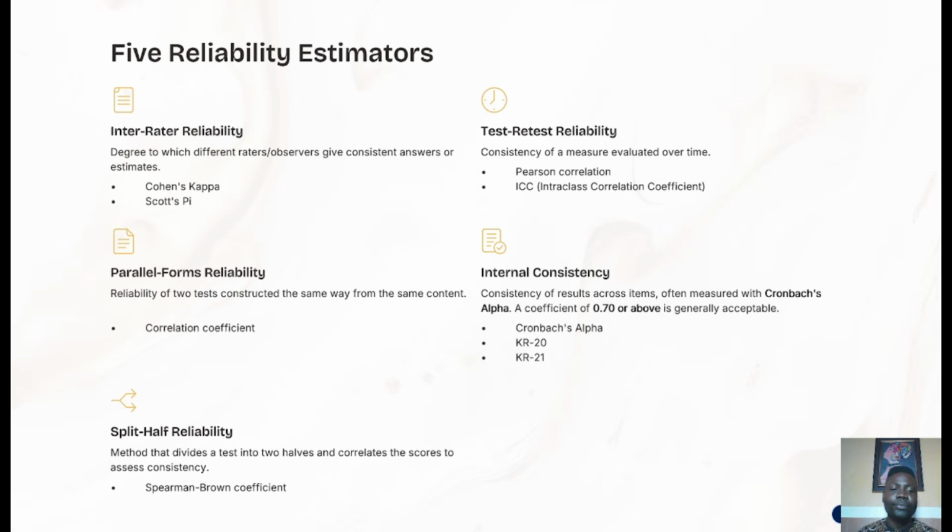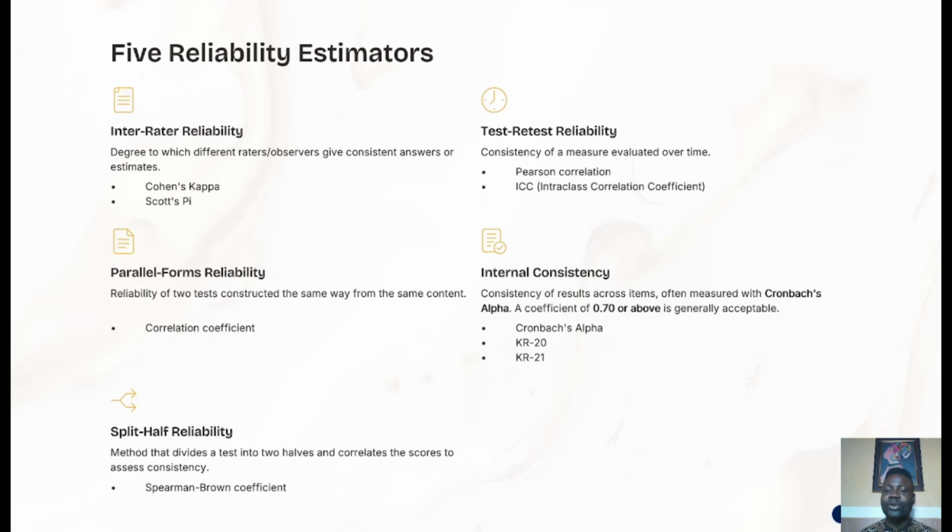Also we have parallel form reliability, whereby 2 tests are constructed the same way from the same content, and they are administered to the same people, and we check whether they agree. So we have another one, internal consistency